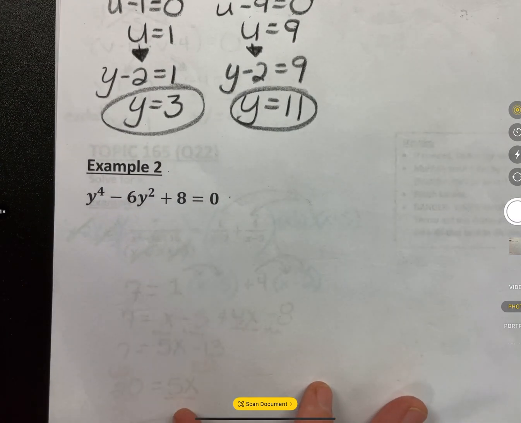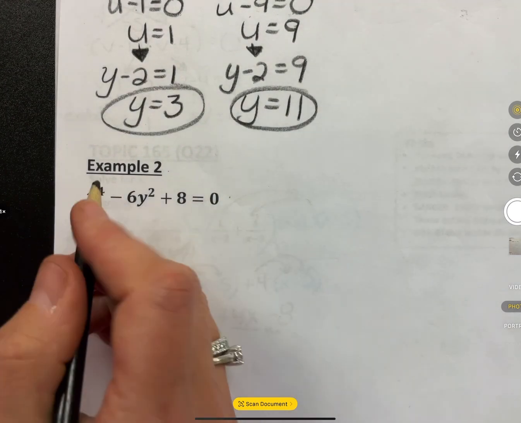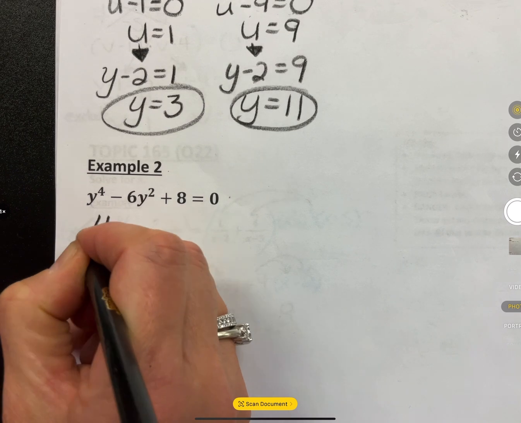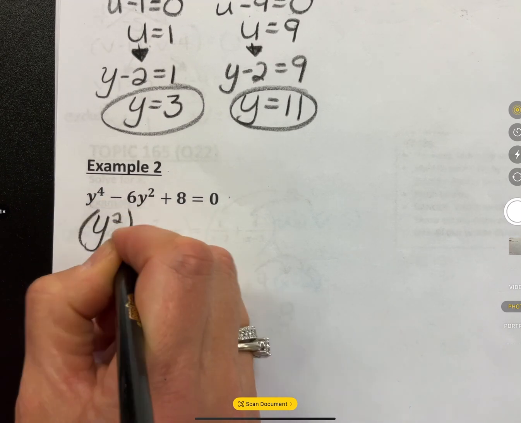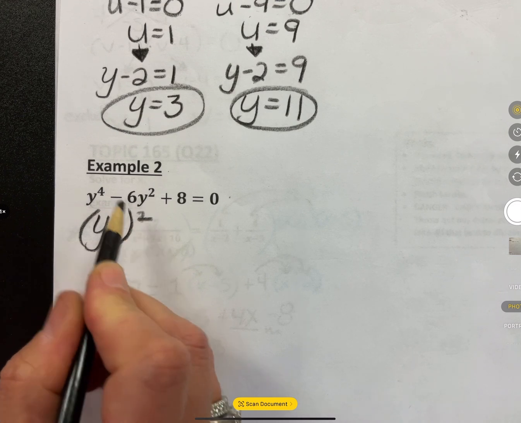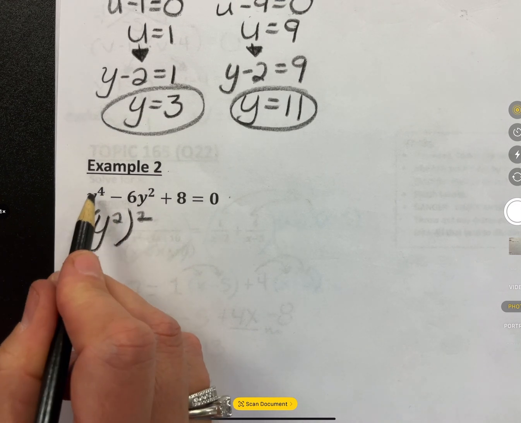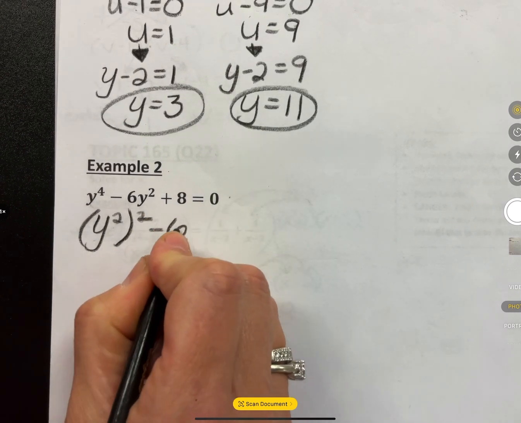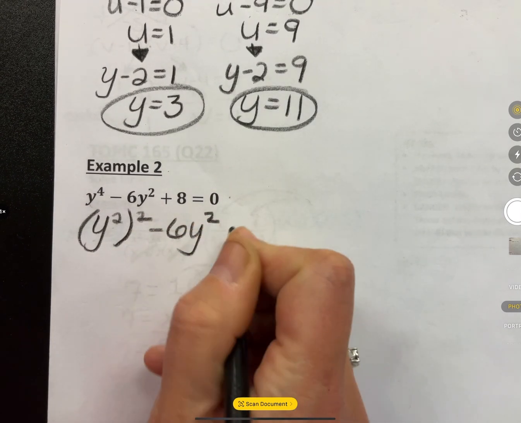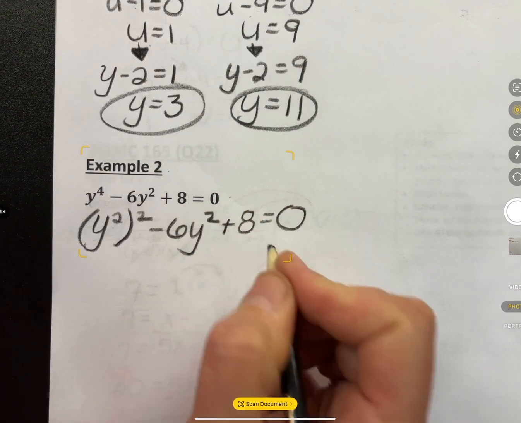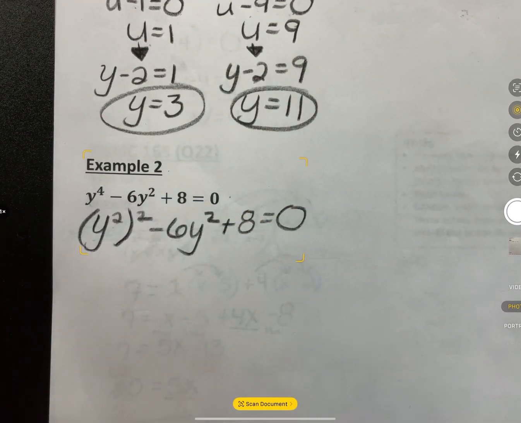At first glance, you don't see the duplicate, but we can rewrite y to the 4th power as y squared to the power of 2. Power to a power, multiply, so 2 times 2 is 4. So y to the 4th is the same as y squared squared minus 6y squared plus 8 is equal to 0. So what's making this one ugly